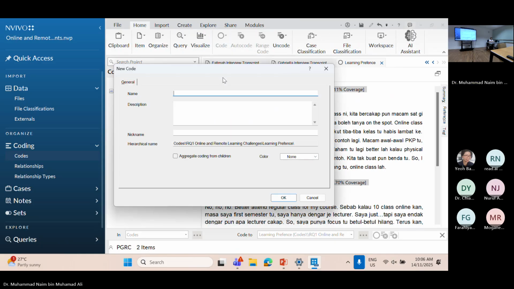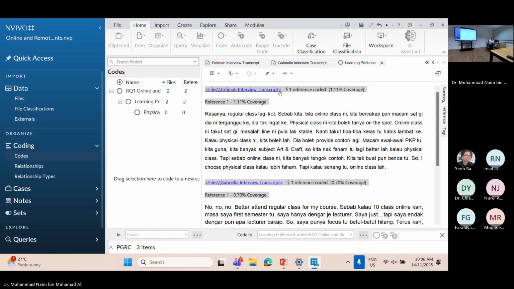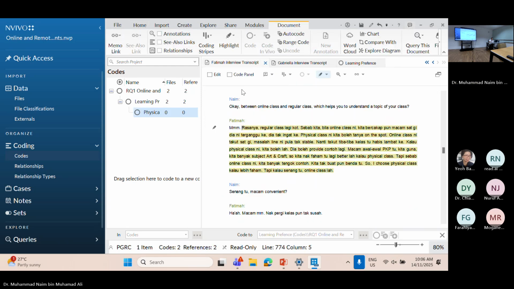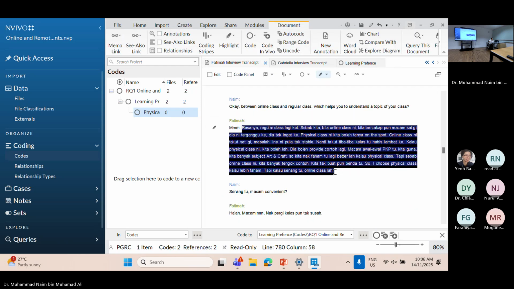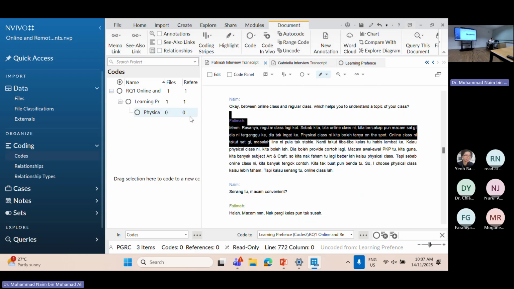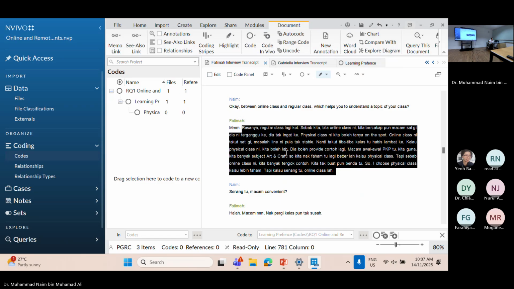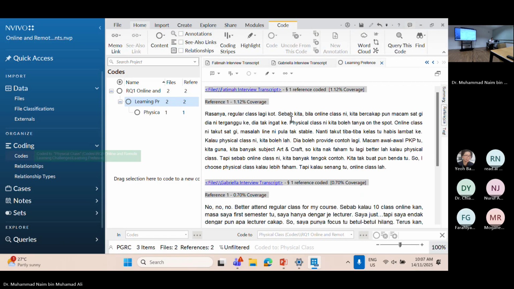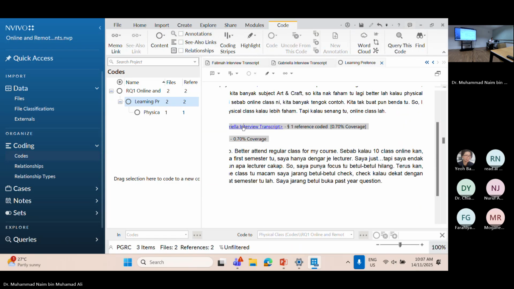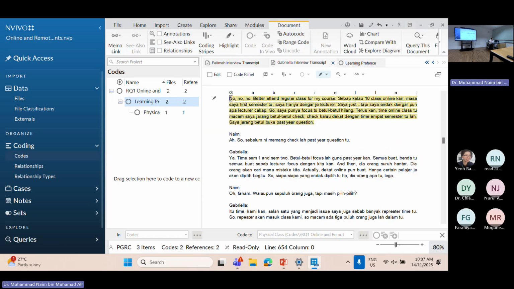You can put physical task, and put it to the parent.